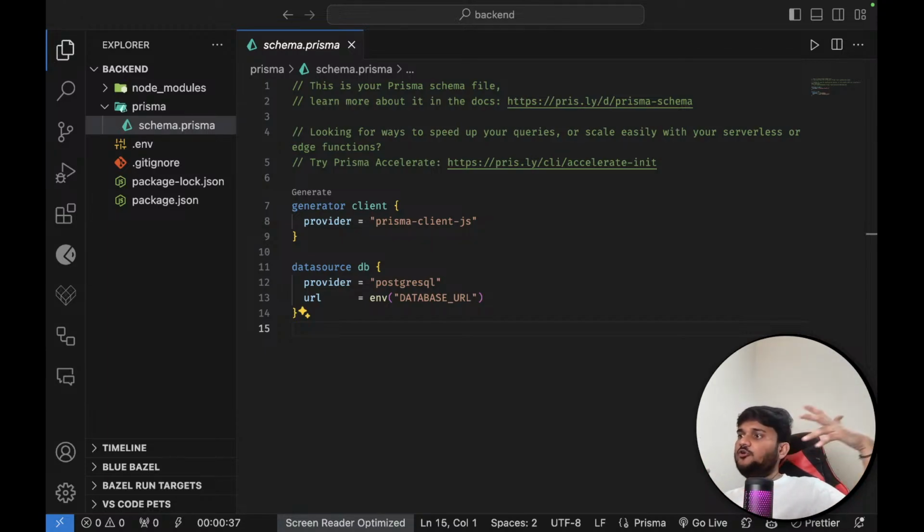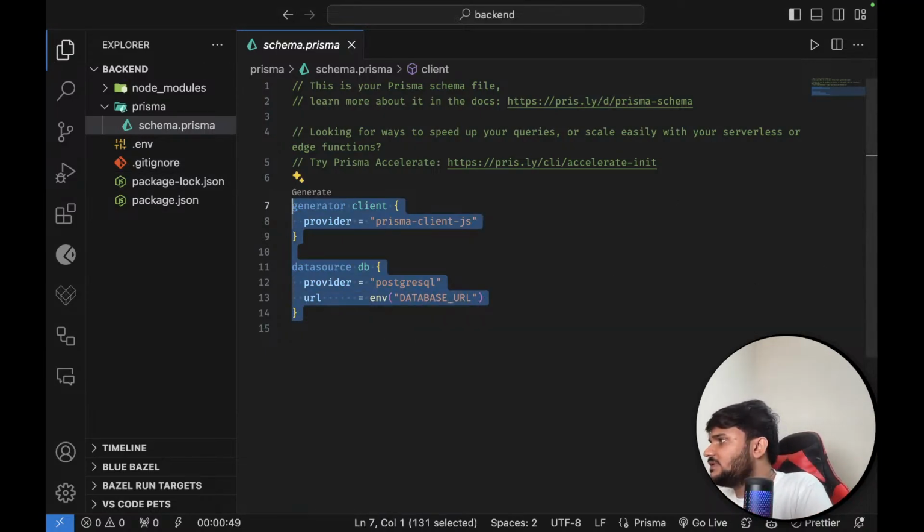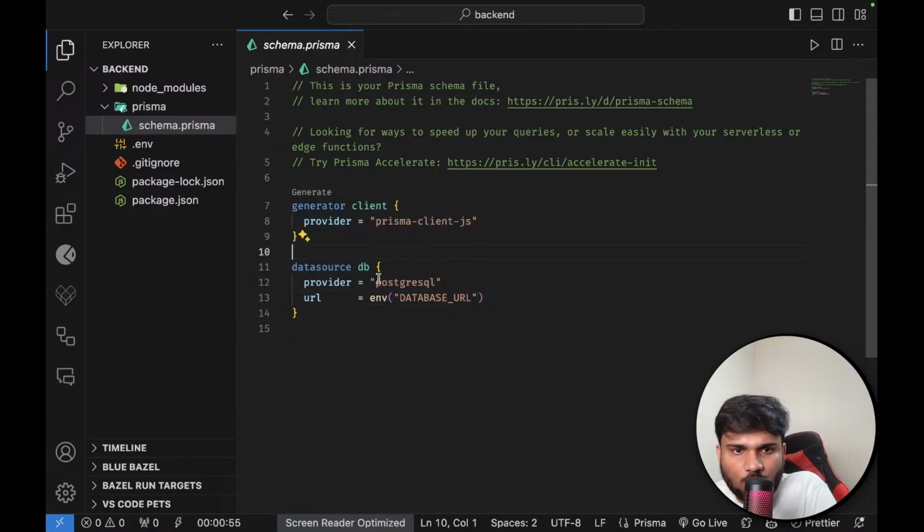Let's say if you do kind of like MVC architecture, in models you want to have controllers, you want to have services, the models part, how the database should look like, all of that technically goes here. Make sense? Okay, cool. Now here what you can do is you can make the provider as MySQL,